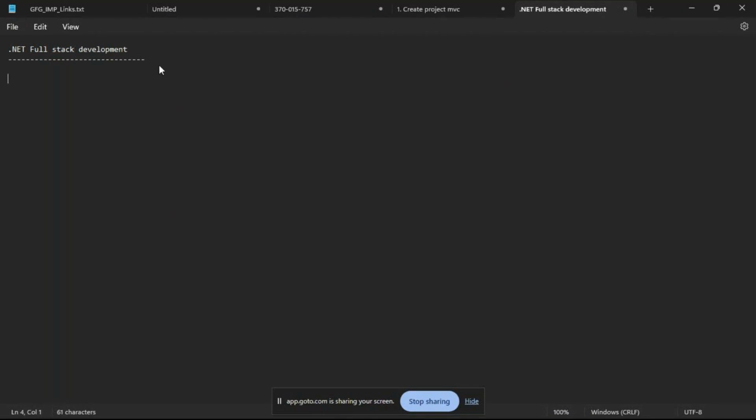Let me give you a brief introduction of what .NET is. .NET is a framework developed by Microsoft. The .NET framework provides reusable libraries to develop